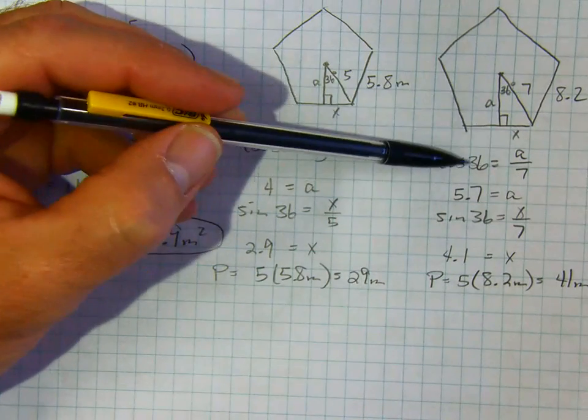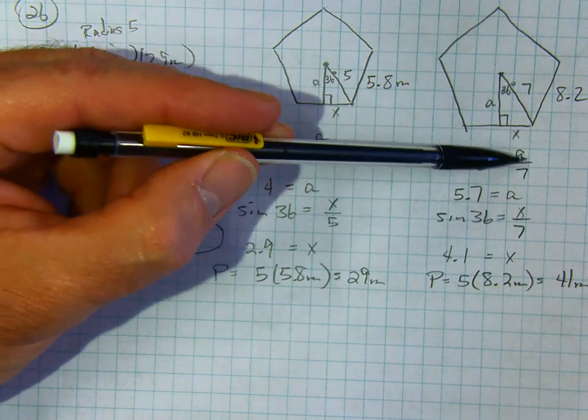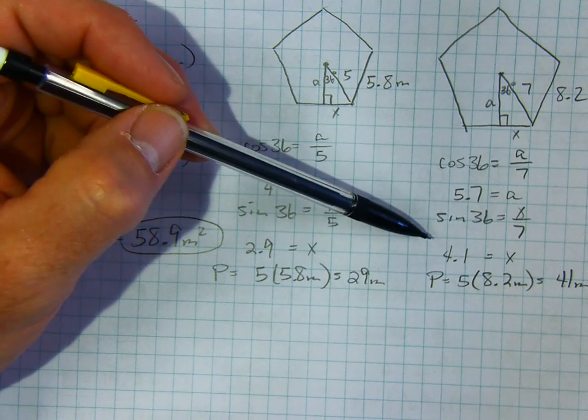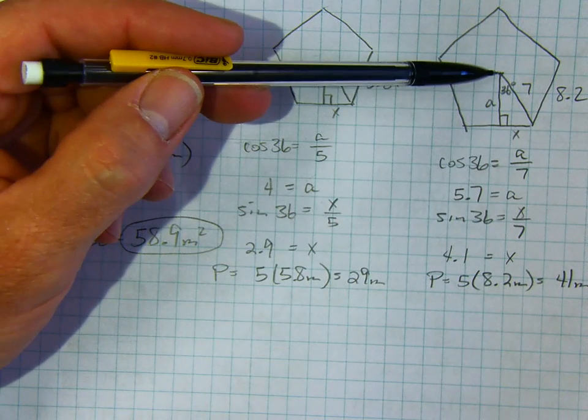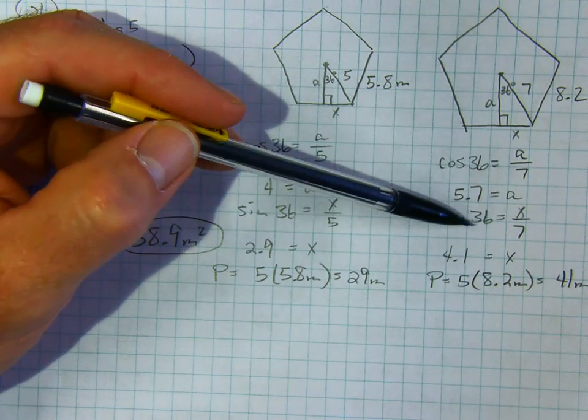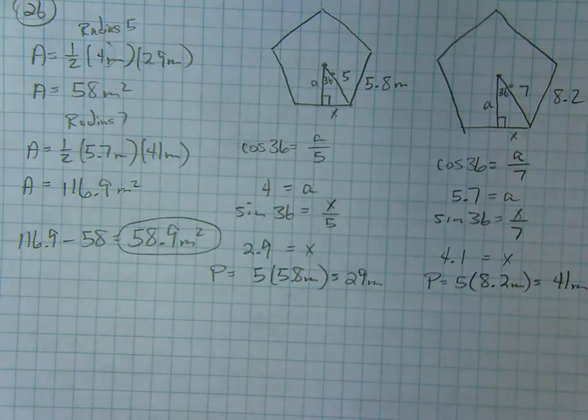In this one, the apothem, same thing, cosine of 36 is a over 7, so it was 5.7 for the apothem. For the side, I used the sine of 36 is opposite over hypotenuse, 4.1. So the perimeter here is 41. And then over to the side,